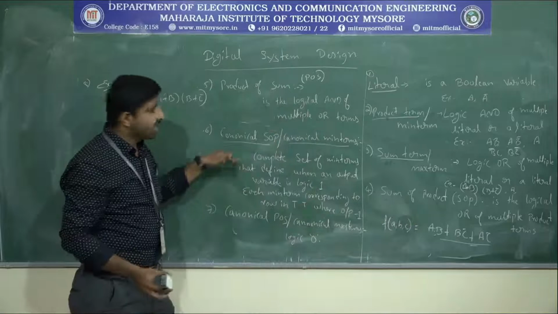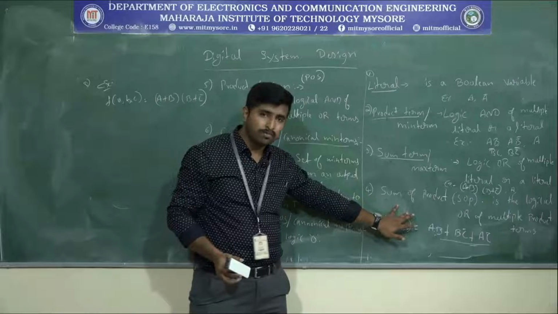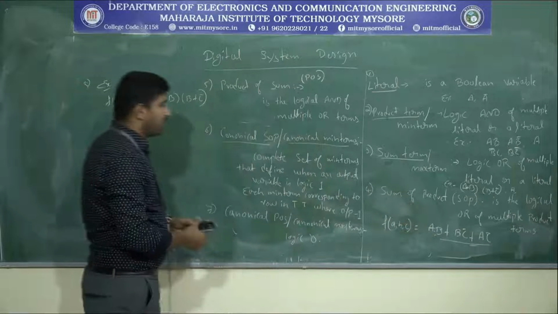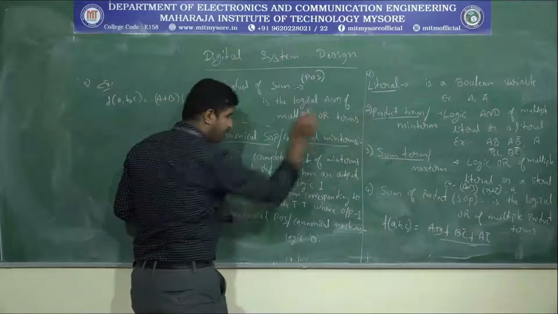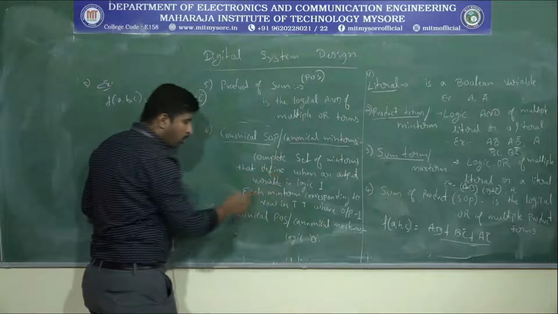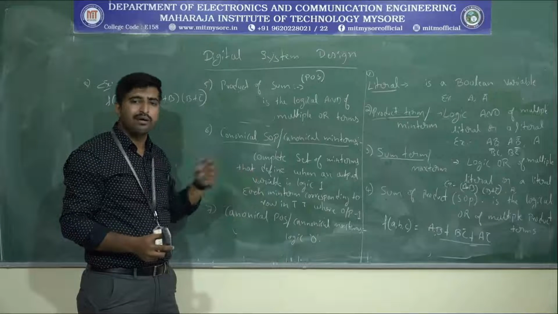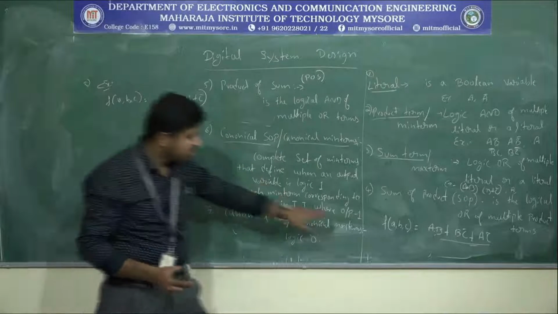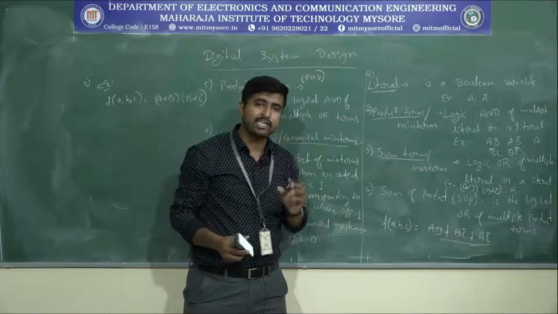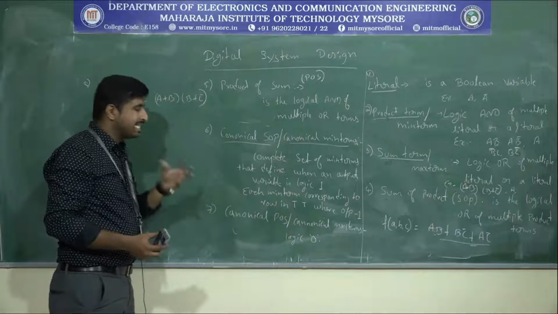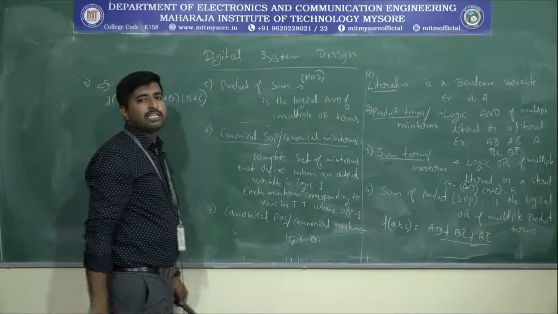Okay, let's see what the canonical SOP is. Canonical SOP is a special form of an SOP only. It is the complete set of min terms, the complete set of product terms, that defines when an output variable is logic 1. So when we write the expression only for logic 1, the Boolean equation we get is called a canonical SOP.